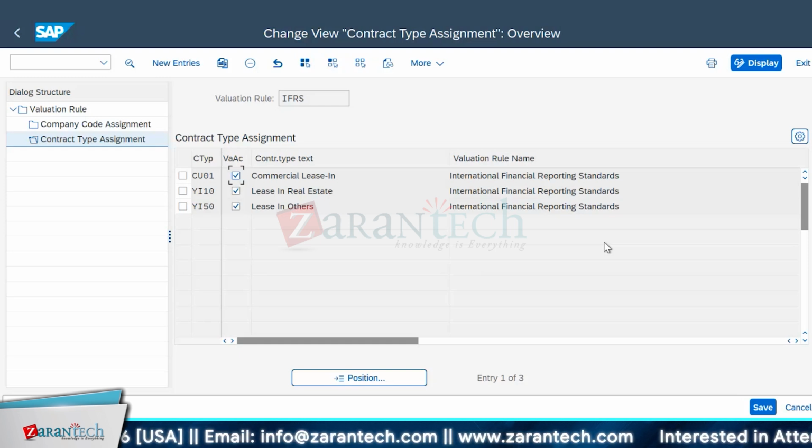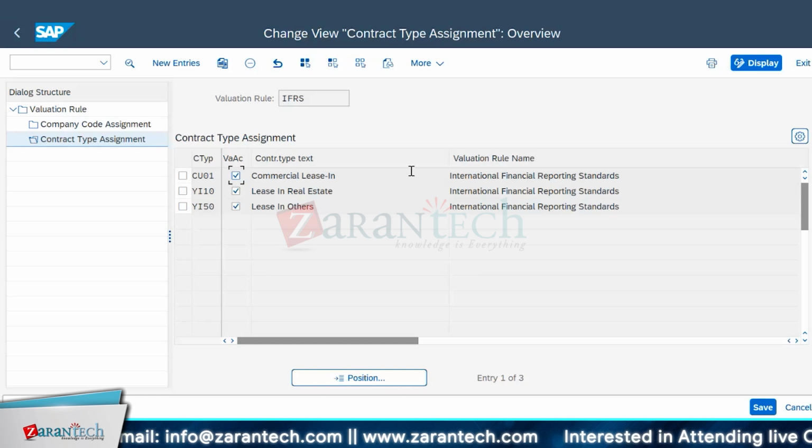But this contract type is under the company code. Say we have 100 contract types. First you have to decide which of these contract types are going to come under which legal entities. You should be very careful on that, because sometimes the client doesn't know, as they are new to SAP. For example, assume 5 contract types should come under a different company code. If you had no discussion with the client and you assign them to the wrong